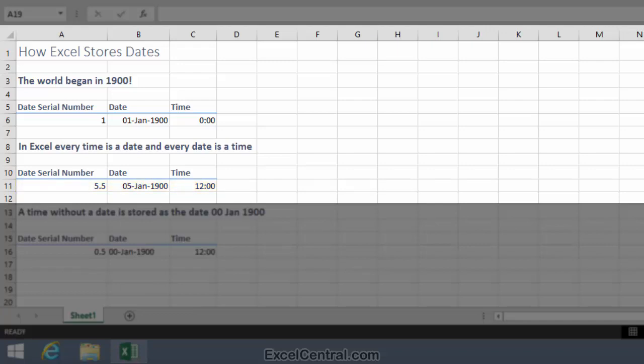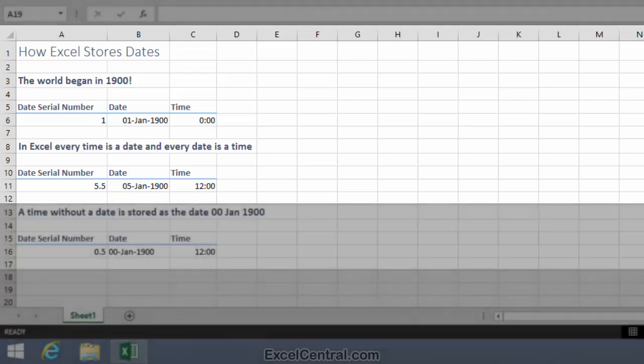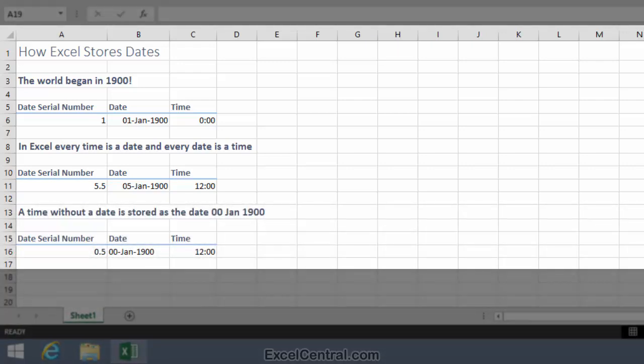It's possible to format a date to show only the date, only the time, or both a time and a date. When you enter a time into a cell without a date, the time is stored as a number less than 1. Excel regards this as having the non-existent day of the 0 of January 1900.